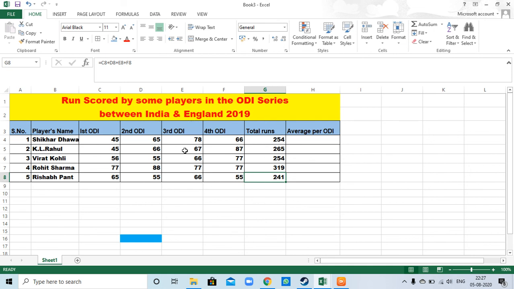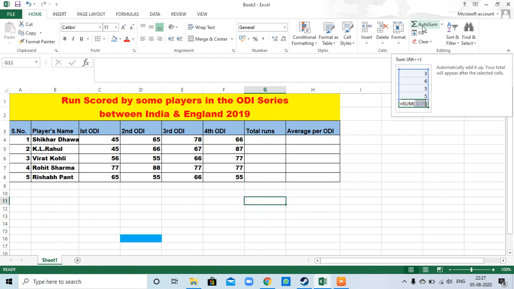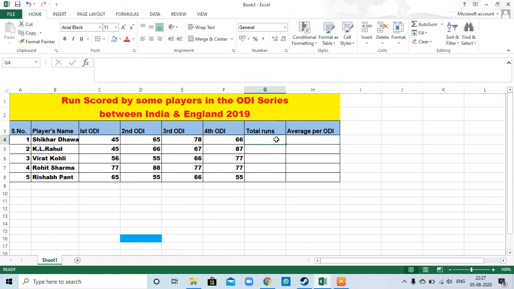Second method is by using AutoSum. This one is the AutoSum button. This is a sigma sign. First click on G4 and then click on AutoSum. Here it shows =SUM(C4:F4). Then press Enter.